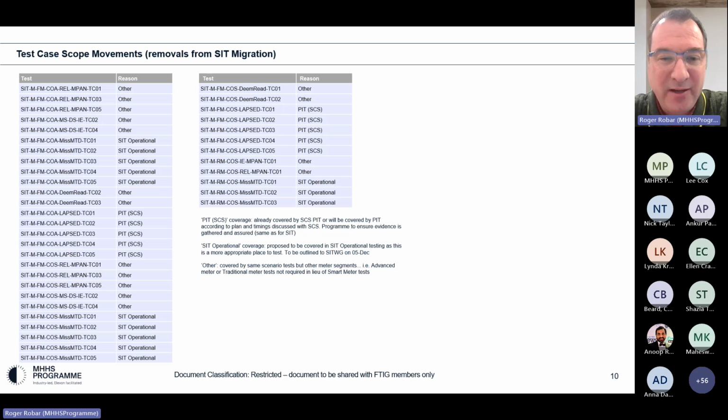But the value that we would gain out of running an advanced versus a trad, and the purpose of the test itself, wouldn't be affected. We don't believe so, and we've been able to take them to code bodies, and they've reviewed it, and they're okay with that from a qualification perspective. And that's all that the code bodies have done, is look at it from a qualification perspective. That's great, thanks.